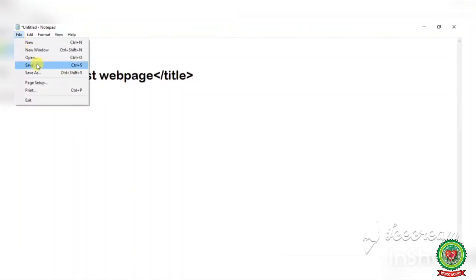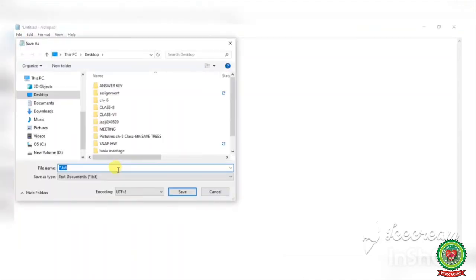See how you can save. Click on the file menu, click on the save option, write down the name, web page. You can give any name of your choice. Write down the name, put .html.